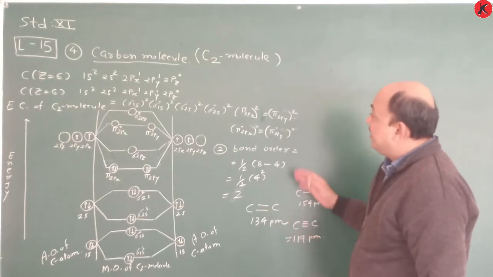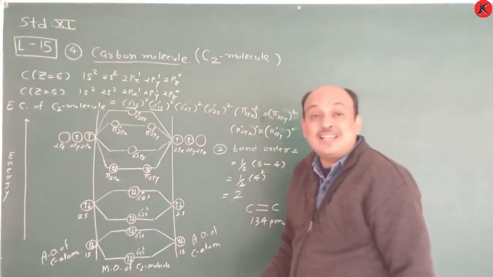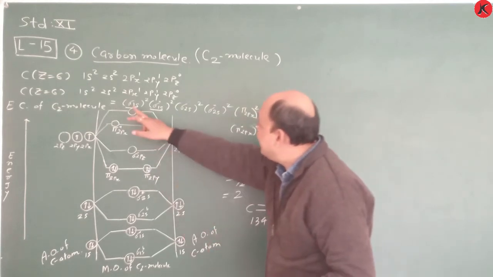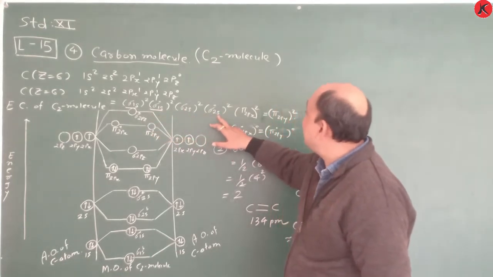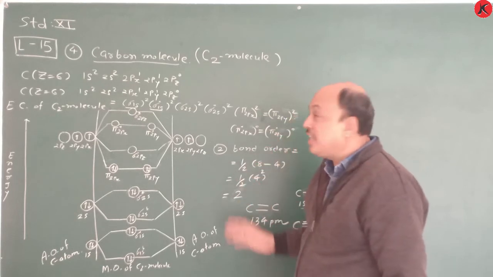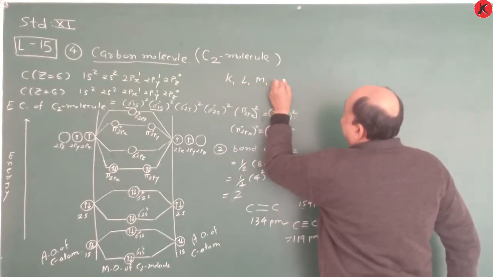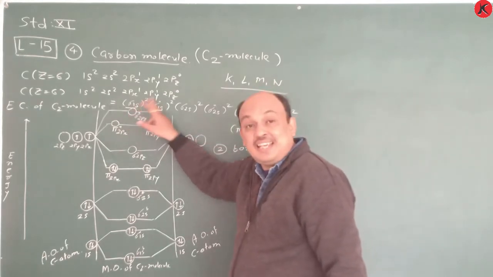Okay, so this is the bond order, and a carbon-carbon double bond is present, and it's stable. And this sigma 1s2 and sigma star 1s2 is known as the K shell, according to your shell, K shell is there. That's why we write KK this way. So KK sigma 2s2, sigma star 2s2. That's why the electronic configuration is also written. So this is nothing but K shell, L shell, M shell, N shell. In chapter number 2 you already learned, and that's why it is considered as KK.